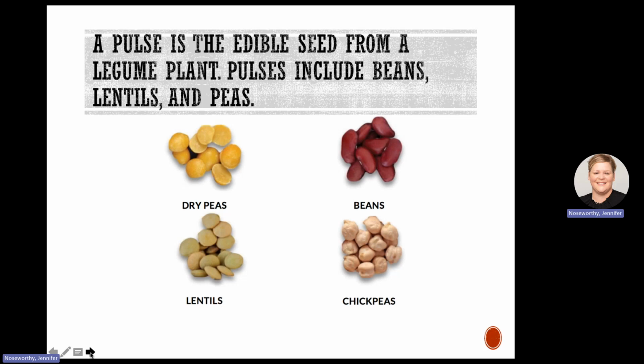So, like I said, sometimes you'll hear the term pulse in place of the word legume. And this is really just talking about the seed portion of the plant that a legume produces, pulses. And typically pulses are the dried seed. And so we can see it as a dried pea or a dry bean or a lentil or chickpea. Okay, so pulses, legumes, we're going to use those terms interchangeably, just kind of like we said with cereals and grains.